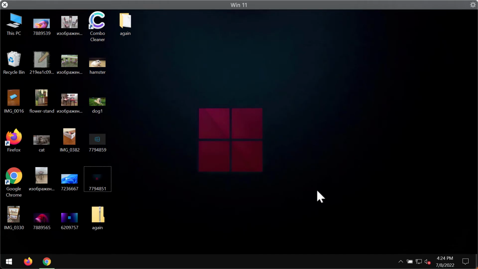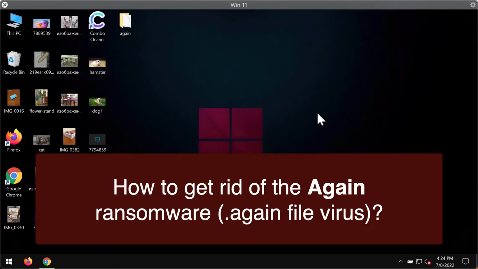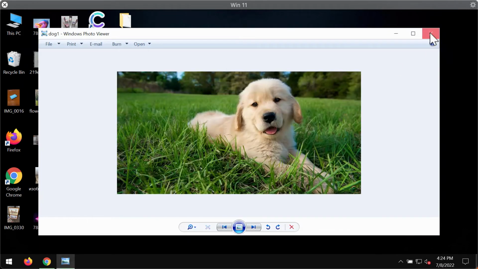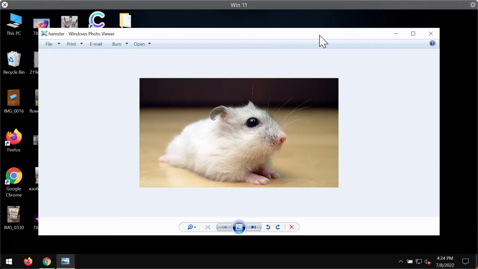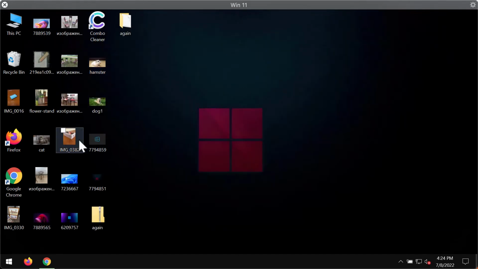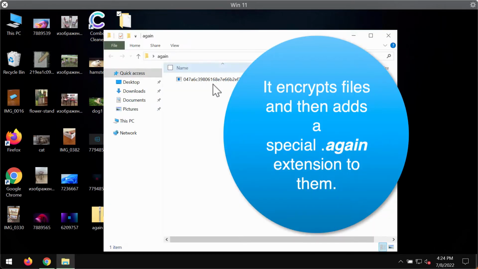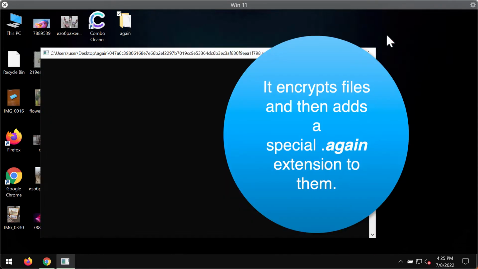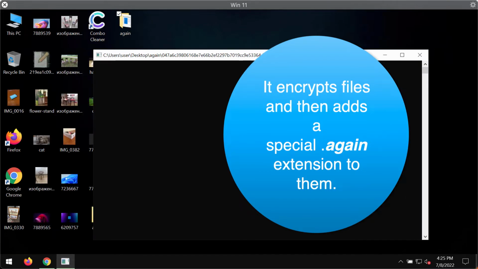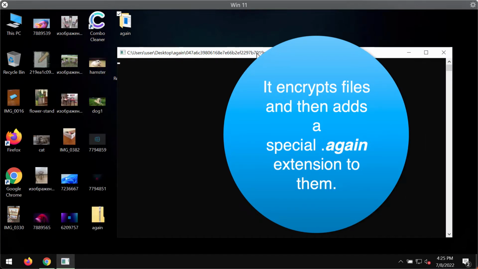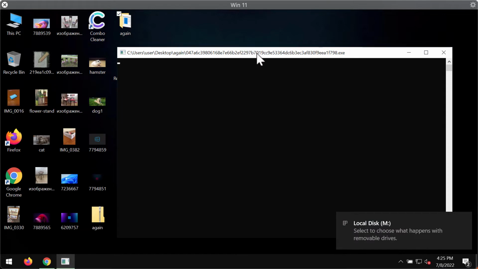This video is about removing the new ransomware called Again. Again is a ransomware that is a file virus. As a ransomware, it encrypts files, and before the ransomware attack, you are able to open your files without troubles. But because of some leaks in the security of this specific computer, this Again ransomware may be injected into the